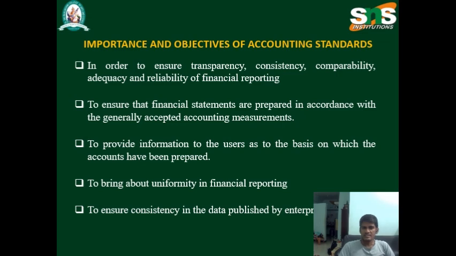And consistency in the data is very important. In comparability, for example, a person looking at the financial report of a company, it must be comparable. The financial statements must be comparable between companies